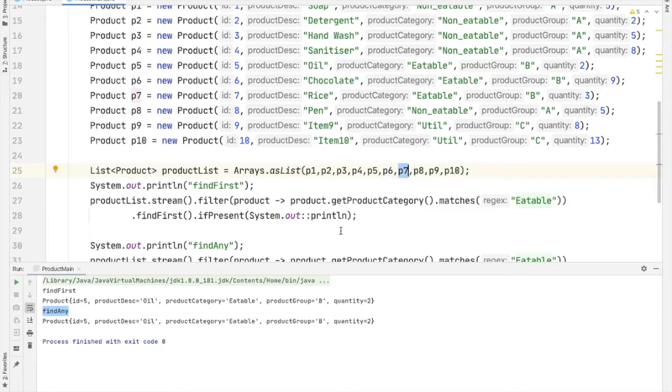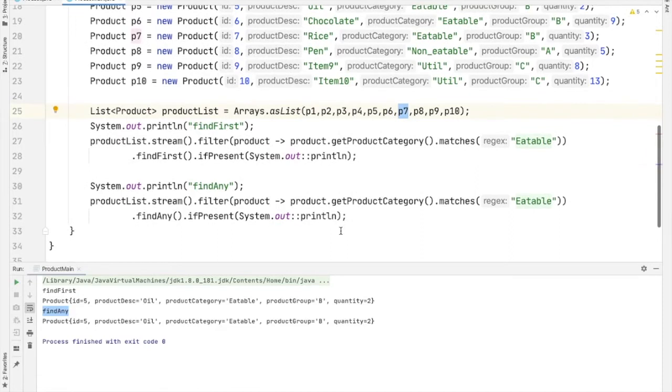In the starting of the video, I mentioned findFirst and findAny return an Optional instance. So, why do findFirst and findAny return an Optional instance? This is because the stream taken may or may not satisfy the predicate. If the predicate is not satisfied, then the result will be empty or null. So, using some methods in the Optional class, we check whether the result is present for the predicate or not. Thus, we can deal with null pointer exception.